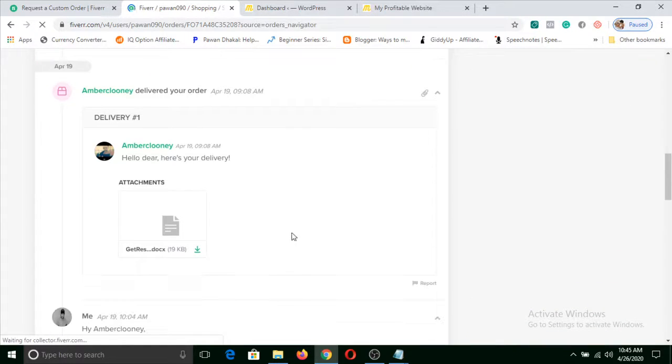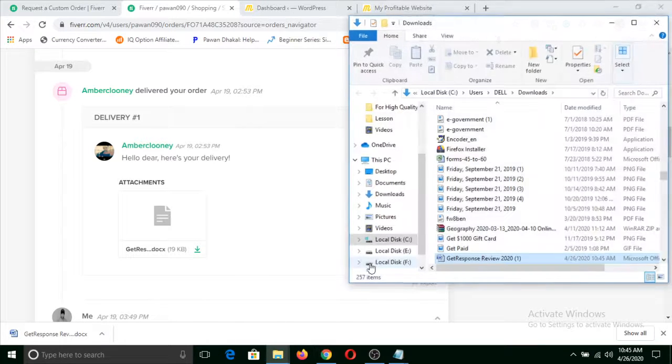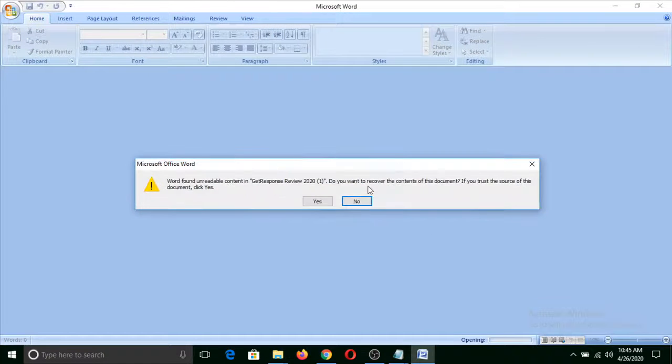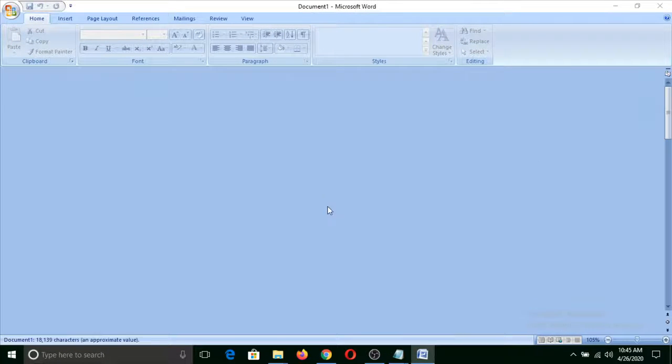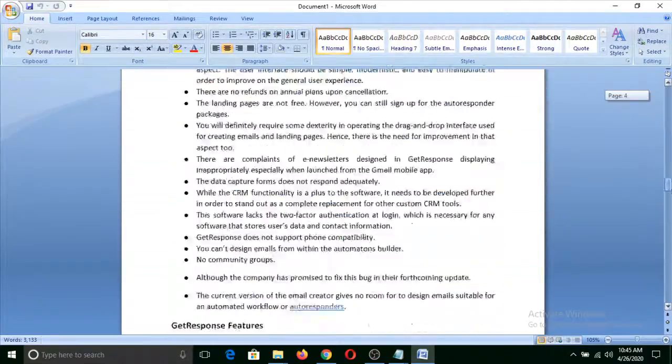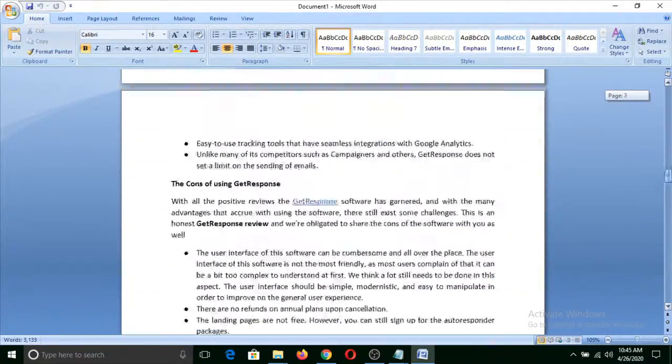Once they deliver this article here, then there will be an approve button. Don't initially click that approve button, just download the article first to see whether the article is good in quality or not. So you can click on show in folder, and you can simply open that article and read it, to see whether it is engaging or not, or something like that.